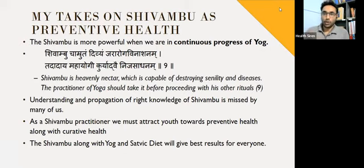Again, when I talk about using Shivambu for fat loss, most of the time I hear: do Shivambu for this duration and you will lose the fat. Most of the time we misunderstand that our body does not gain fat within 10 or 15 days. The fat gaining process is a continuous process. Let's say you are 60 kg. You have not been 60 kg for the last 2 or 3 months. Maybe you transformed from 40 kg to 60 kg and it took almost 3 to 4 years to become 60 kg. And when you do Shivambu fasting and you directly come to 50 kg in just the next 10 days or 15 days or 1 month,